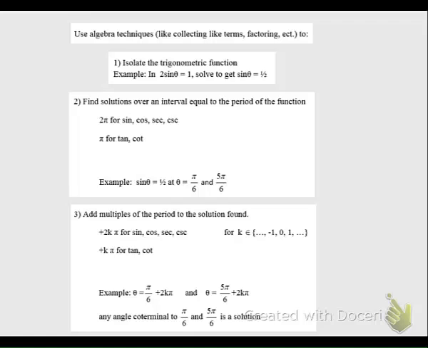Step 2, find solutions over an interval equal to the period of the function. So we know that sine has a period of 2 pi. Same for cosine, secant, cosecant. If you were solving a tangent function, you would be looking over an interval of pi. So if we're thinking of an interval 2 pi for a sine function, and we want to know where that height is 1/2